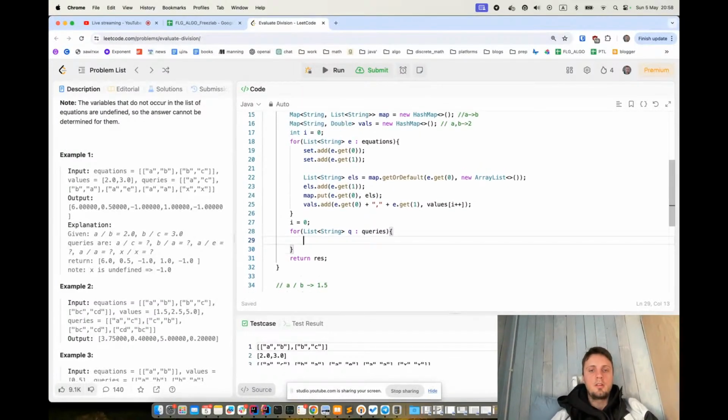And here in queries, so if my set contains false, q, let's say q get 0, it would be string A and B. So if A contains false,